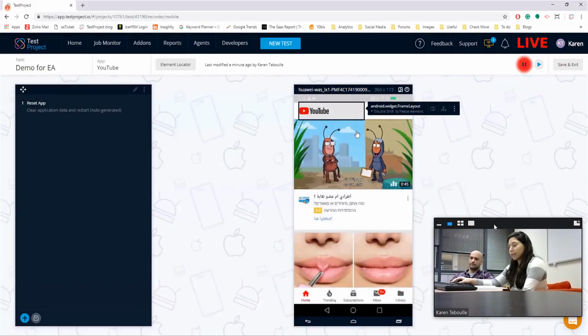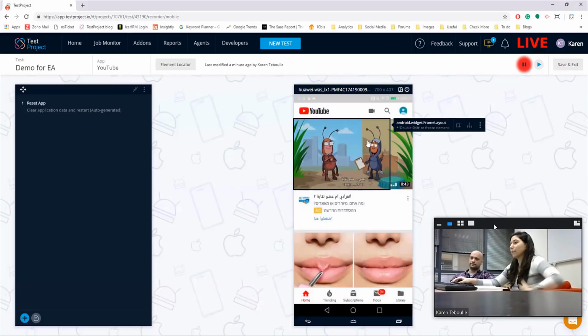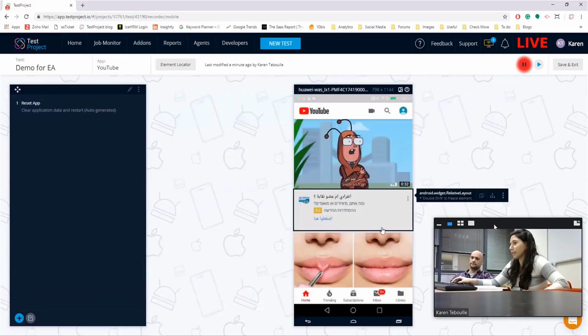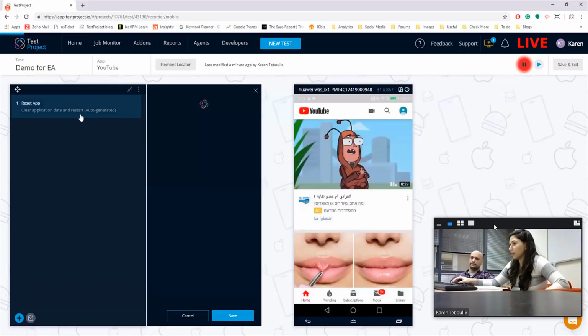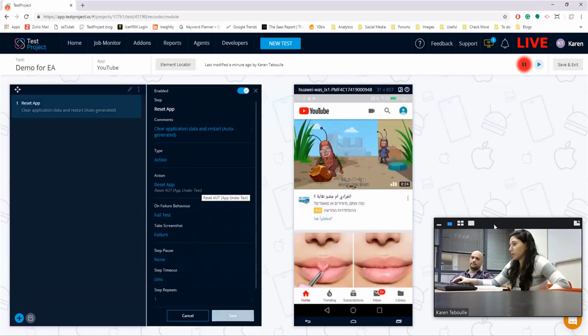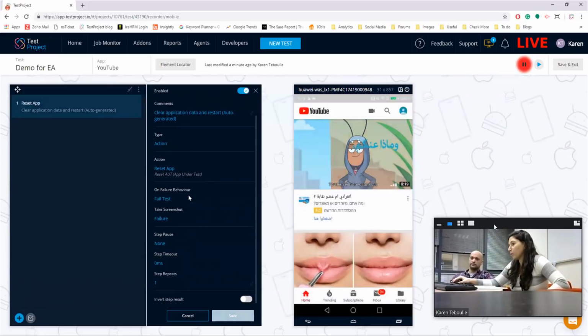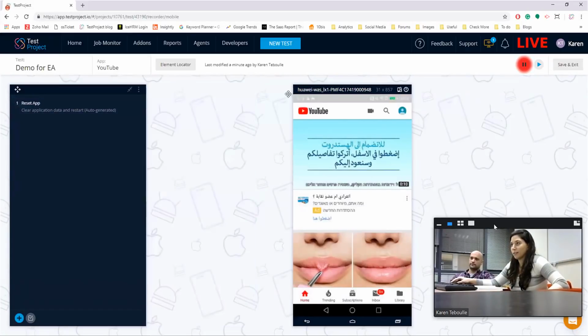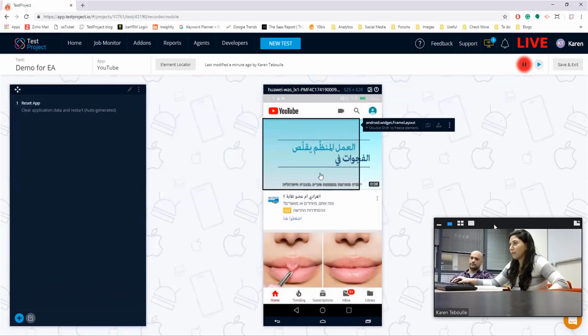And now, basically, I will show you all of the components we have inside our Smart Test Recorder. So the first one is the recorder widget, which actually, once you record your steps, all of the steps will be seen here. We could customize them manually. We can decide when we want to take screenshots, what's the behavior on failure, if we want to pause a step or maybe even repeat it. We have lots of cool options here. And the other one, of course, is the mirroring. And the